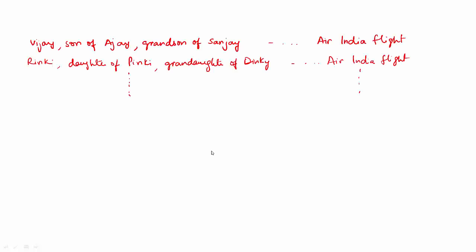What I am about to say is not the way the postal system handles it, but just for argument's sake, suppose the postal system did forwarding based on this. Each person is represented with his ancestry. Suppose a postman, let's say in Egypt, is sorting mail. He says, okay, Vijay, son of Ajay, grandson of Ajay, I have to send this mail out via Air India flight. Rinki, daughter of Pinky, okay, fine, Air India flight, and so on and so forth. So this is the way he has to sort.